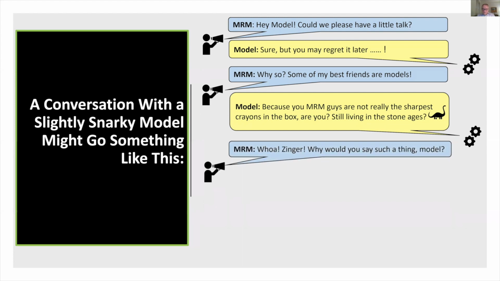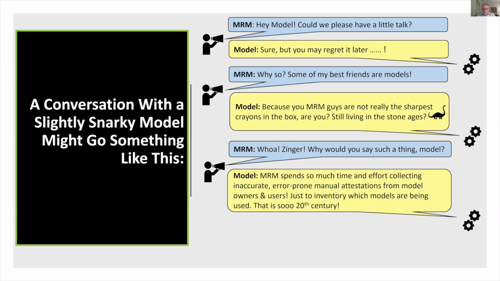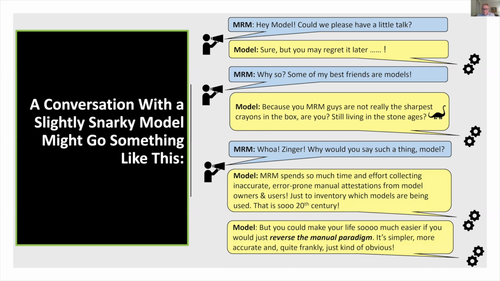And the model might say, well, MRM spends so much time and effort collecting inaccurate, error-prone manual attestations from model owners and users just to inventory which models are being used. It's such a 20th century process. But the model goes on to say, you could make your life so much easier if you would just reverse the manual paradigm.